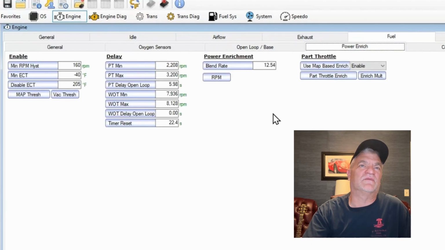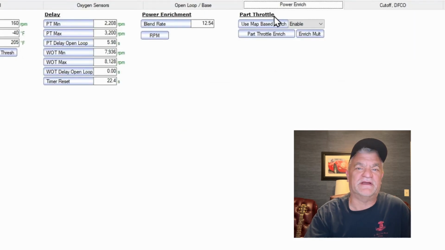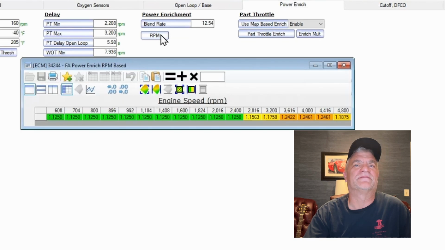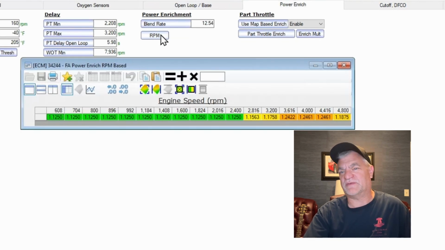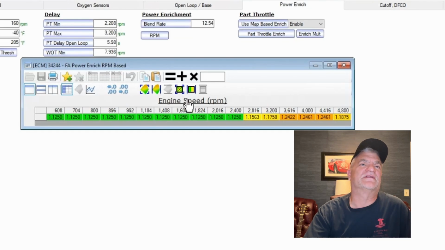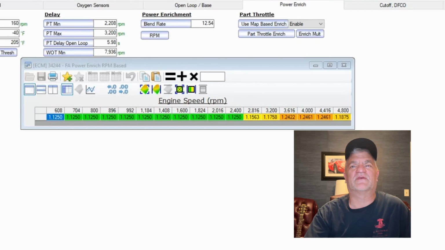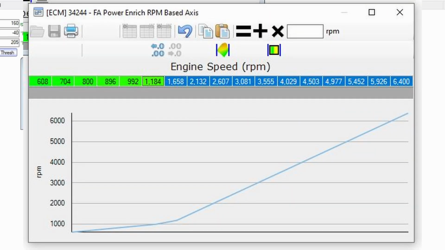Where we have our benefits on the JTEC is on the power enrichment scale. All right. And we would go under power enrichment, we go to RPM. And kind of the same procedure that we did with the MAP setting, but click on this engine speed right here. That opens up another box. Again, you take your 4800, you change that last box to 6400, you hit enter, right? And then you take all the way from 1184 to 6400,